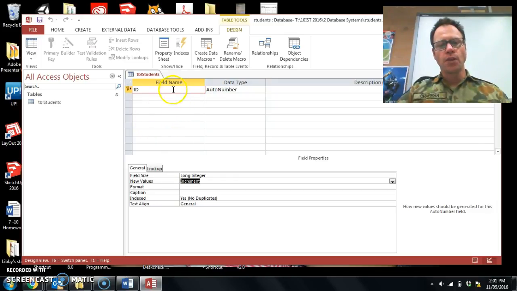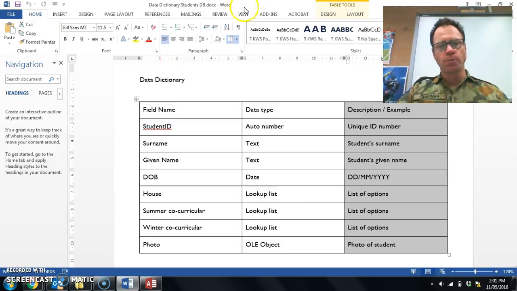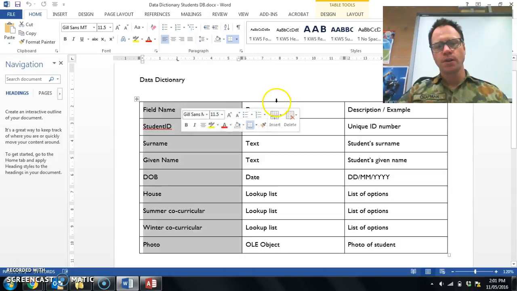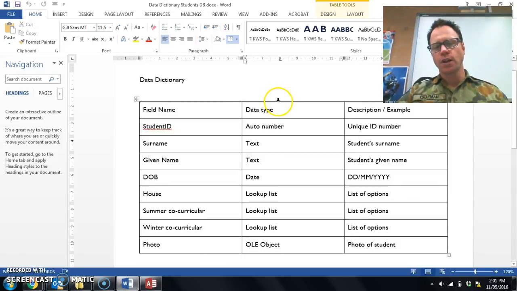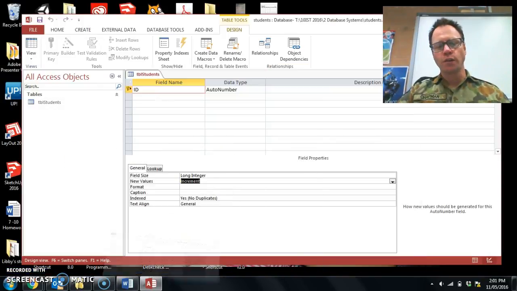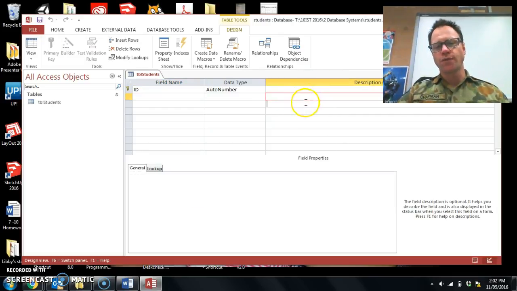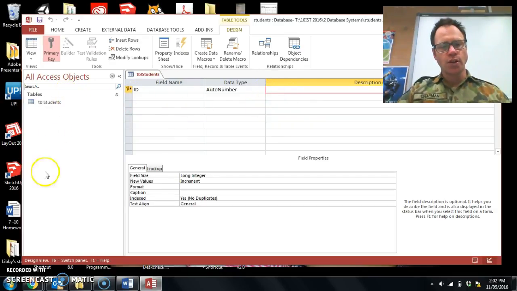Okay, so similar to the Word document that I showed you earlier, where we've got the plan, field names, data types, and description and example, we have a similar look and feel inside Microsoft Access. Field name, data type, and then description. And it says that that's optional, which means you don't have to type in information there, but I encourage you to do that. On the left-hand side, you can see that we have the objects list,